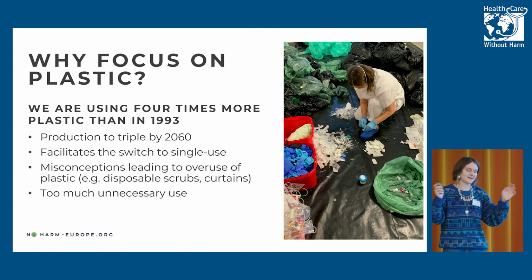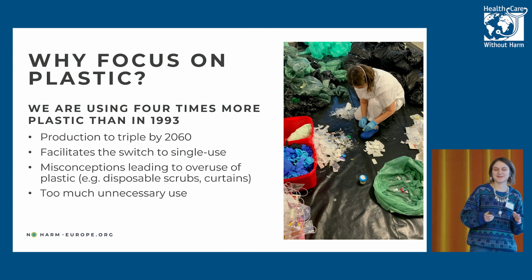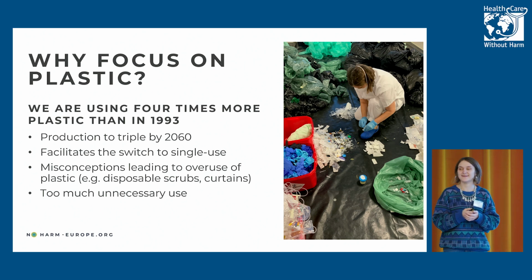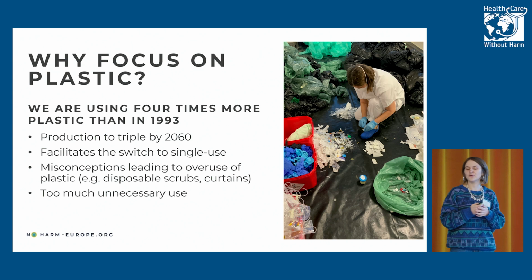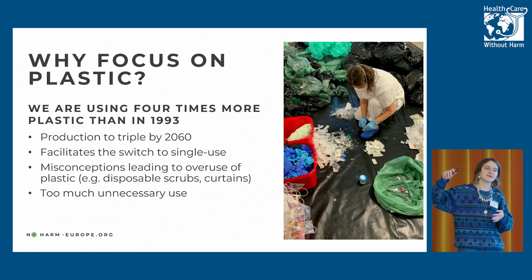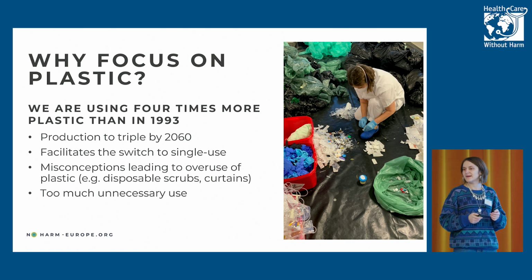Just to give you an example, but we can talk about it for ages because I have many. We were hearing a presentation from someone at a hospital in Sweden who were suddenly using a lot more disposable scrubs. Just the scrubs, which I think in most places in the world are reusable. But they were really growing the rate of single-use scrubs. And they noticed that there were a lot of misconceptions among staff